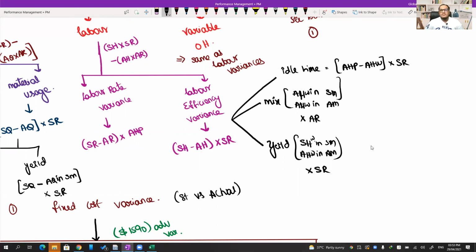That's it. So split the hours unworked separately into the idle time, and for the rest, according to hours worked, we will allocate them. If it is not standard hours worked, then we write standard hours only. Okay. Is that clear, everybody? Idle time variance is also clear. How many hours you are paying and how many hours they are actually working, and that difference is this thing.